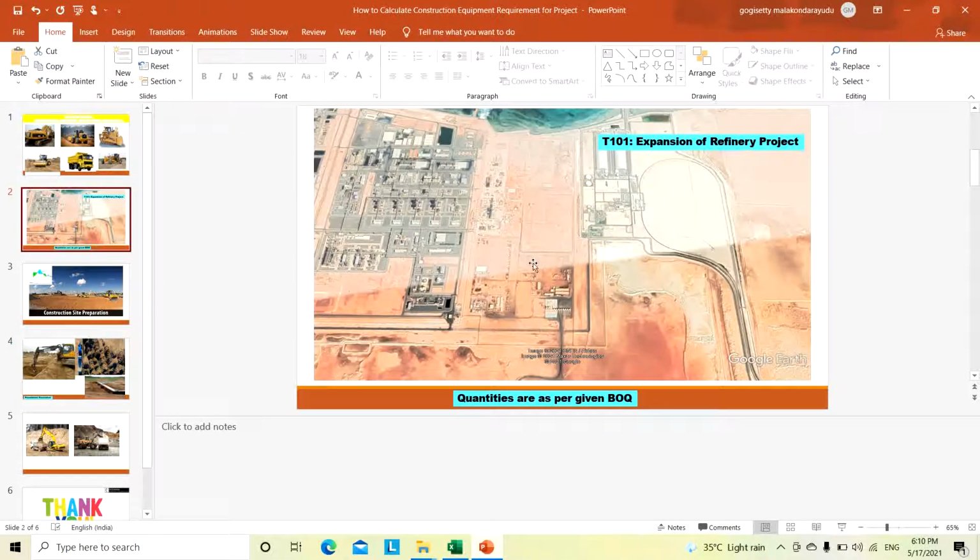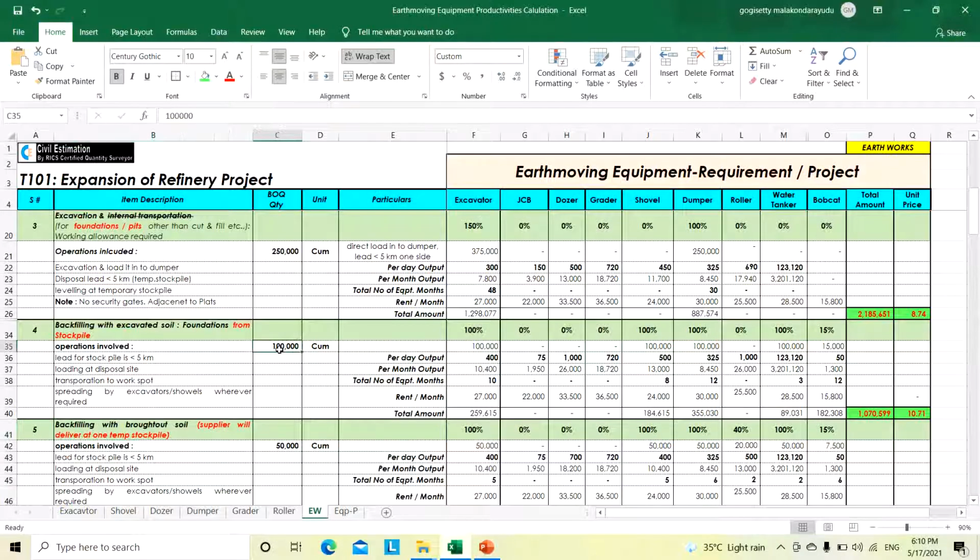Once the concrete works are completed, we want to do the backfilling. For backfilling, we need to bring back the temporarily excavated soil, if it is useful based on the soil investigation report. We found that of the 100,000, some 50 percent of the quantity is useful for backfilling. The top soil is not required, so we will keep it separate. Whatever excavated soil is suitable we will keep here, bring back, and use for backfilling. Like that we have calculated backfilling.